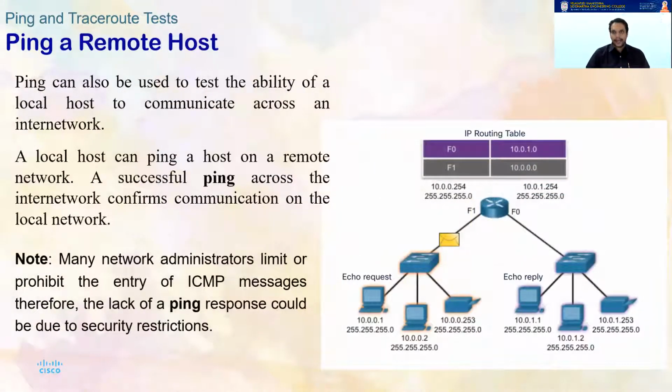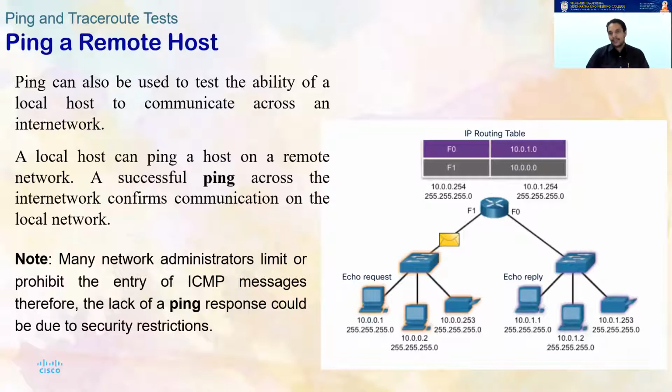You can also use the ping command to check connectivity to a remote host. That means if you want to send a message to a server which belongs to a completely different network, you can do that as well. It works on the same simple terms. If you send a ping to a remote host and receive a successful ping back, it confirms that your network is capable of communicating through the internet, going out of this network. Inter-network communication can take place. But as I said, not all network administrators allow ICMP version 4 messages to traverse the network.